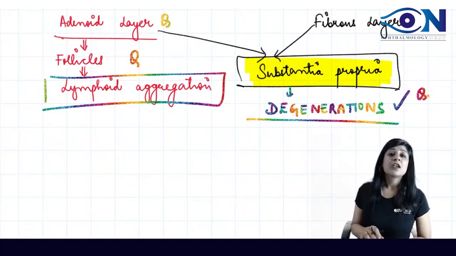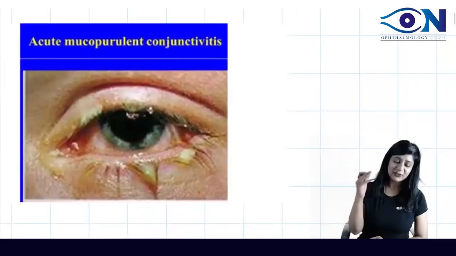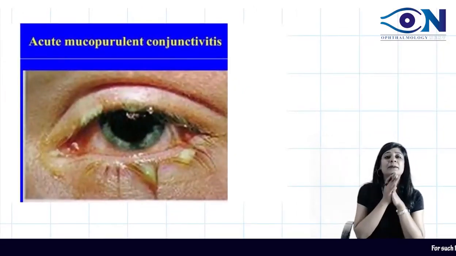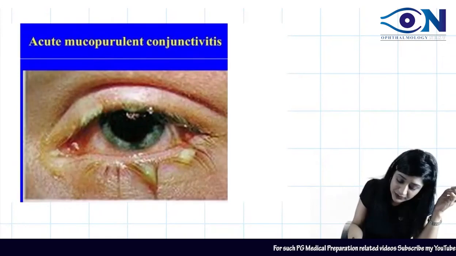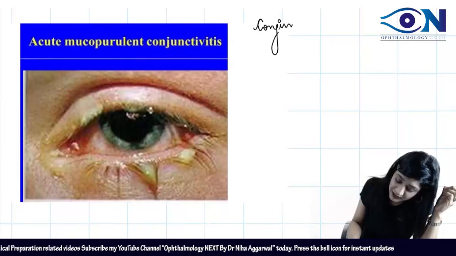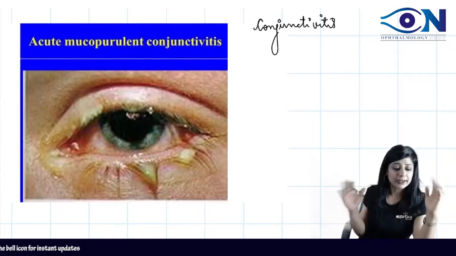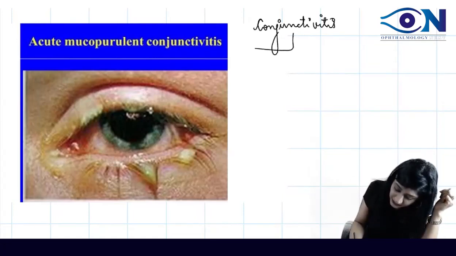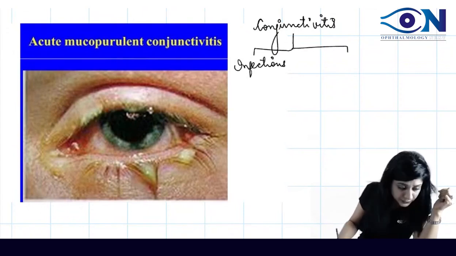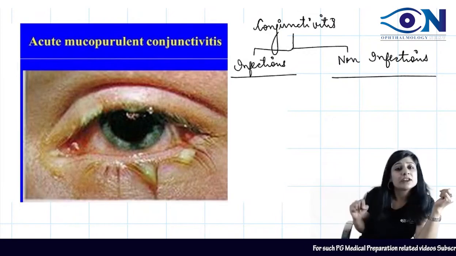Okay. Now we talk about conjunctivitis, and whenever we talk about conjunctivitis, it is this kind of picture that comes to our mind. See, when I talk about the conjunctivitis, actually we can have 2 kind of conjunctivitis, right? Let us talk very, very broadly. So we can have 2 things. Either I can have infectious conjunctivitis, or I can have non-infectious conjunctivitis. Okay, either we can have infectious or we can have non-infectious.